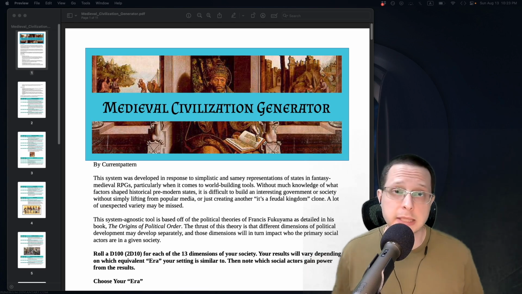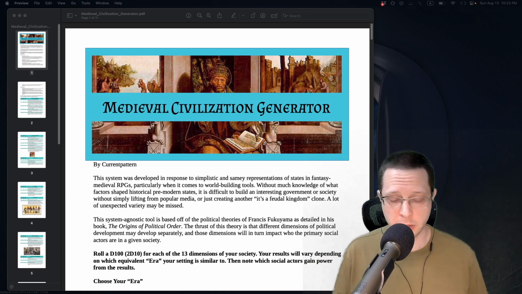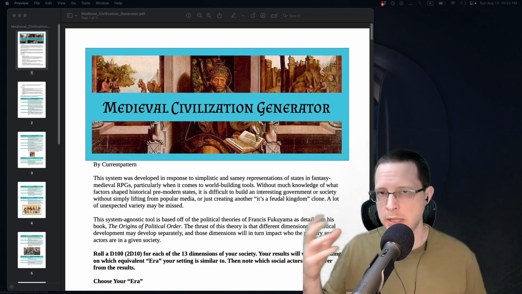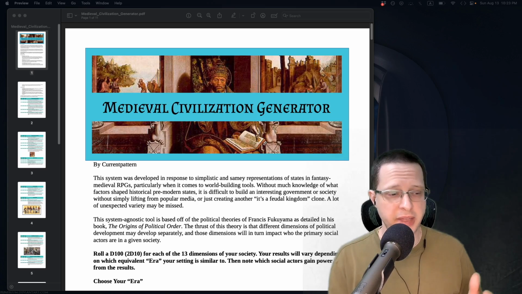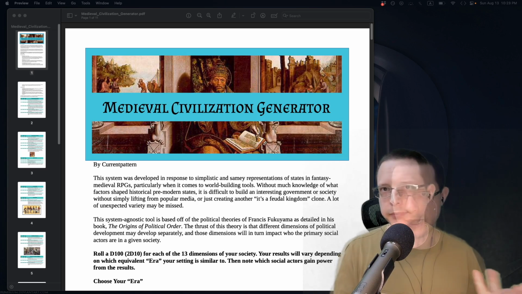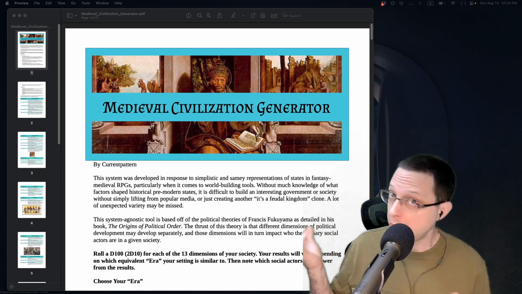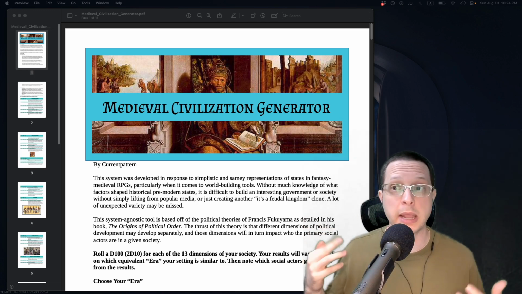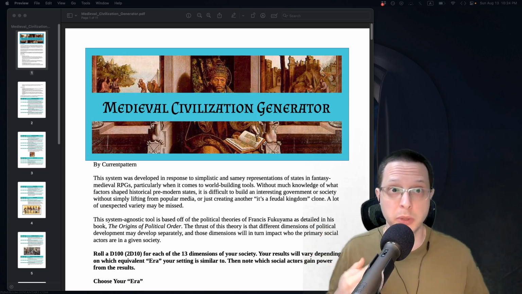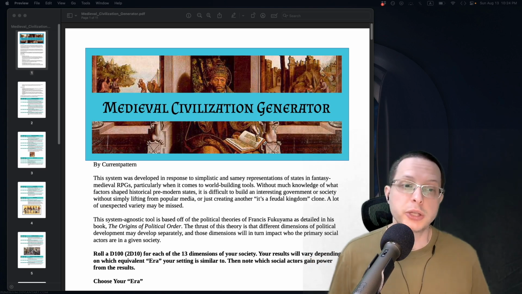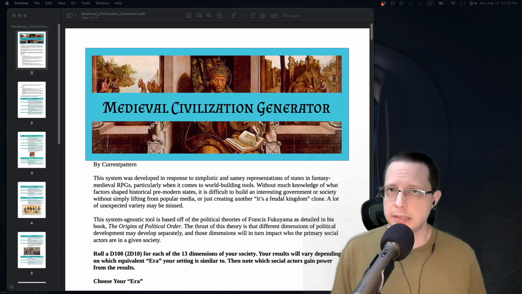Currentpattern decided to create this in part in response to all of those fantasy stories and campaigns and adventures out there where you end up with yet another not very realistically constructed fantasy medieval feudal kingdom. That, of course, leaves out a lot of variety that you can see in various eccentric cultures around the world, right? And also different ways that even manorialism and stuff like that has evolved in Europe over the centuries. So this is basically a system agnostic tool that was